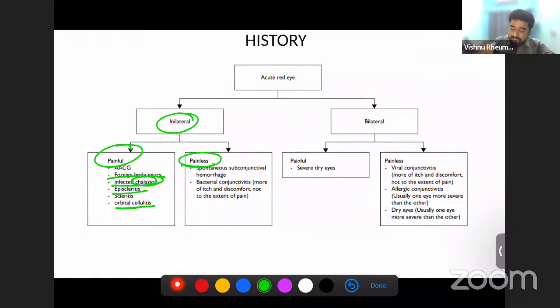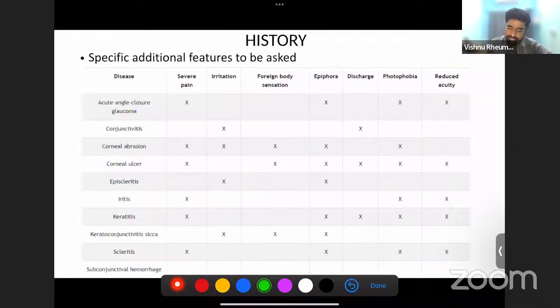If it is painless and unilateral, subconjunctival hemorrhage is the most important thing. And if it is bilateral, then sicca if it is painful, or if it is painless, then again these mild conjunctivitis, that is viral and allergic conjunctivitis. So here I just want you to remember the specific additional features and your main